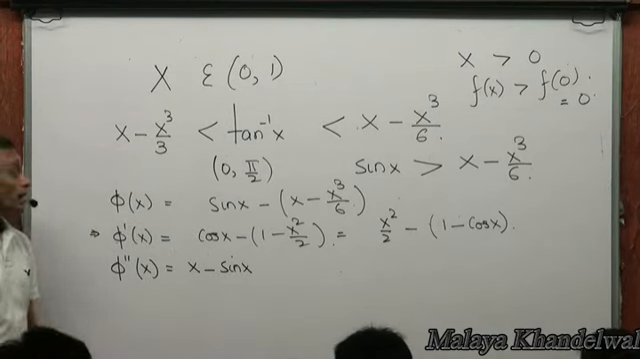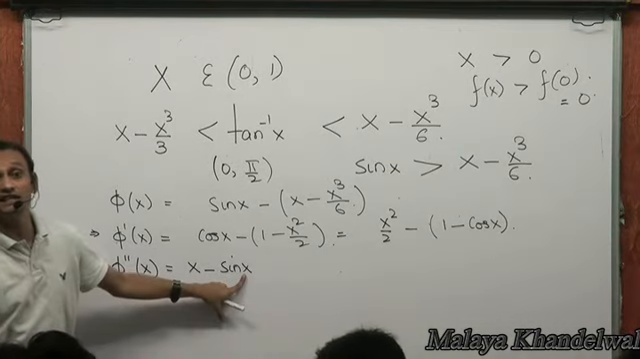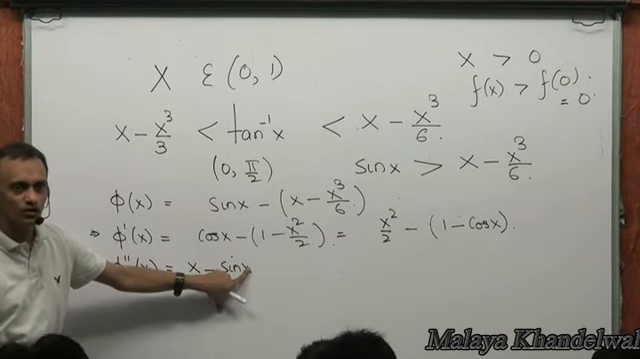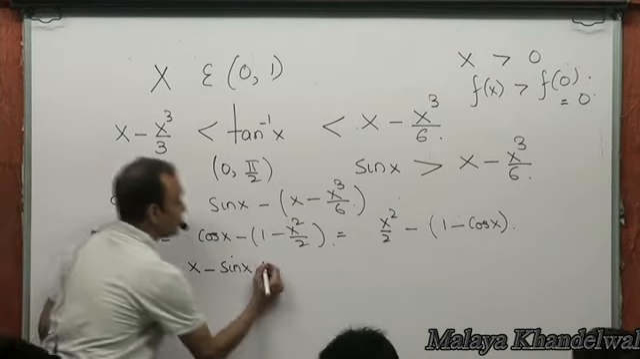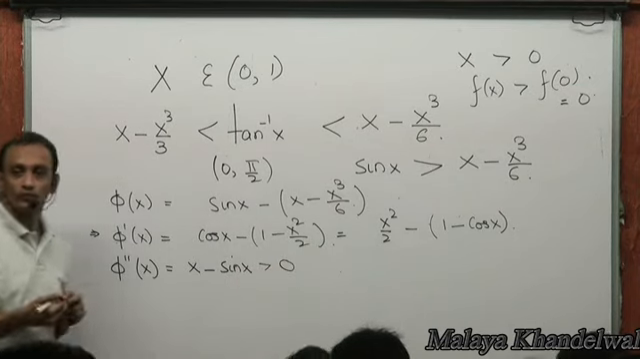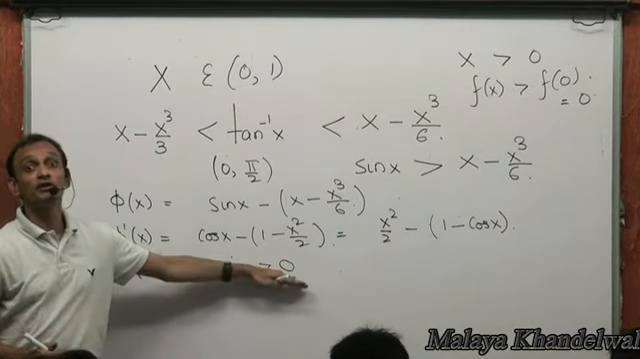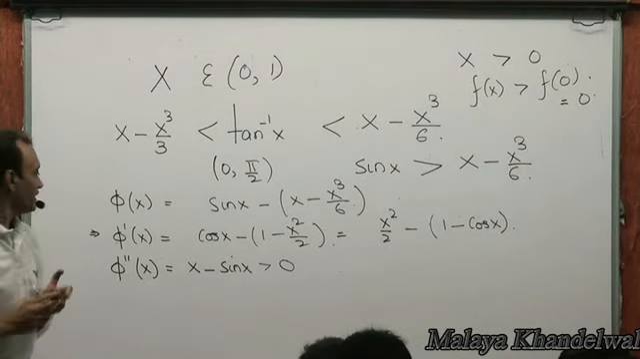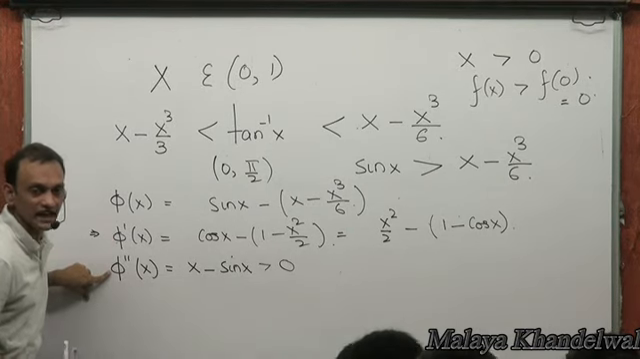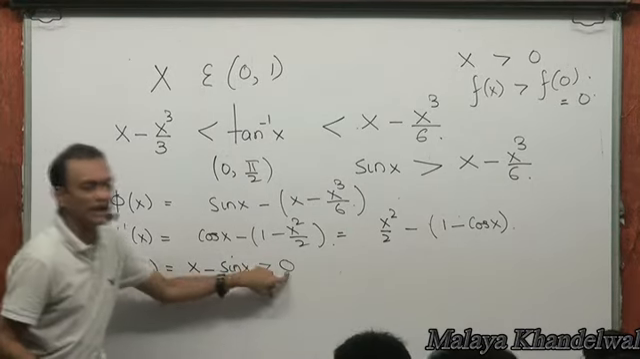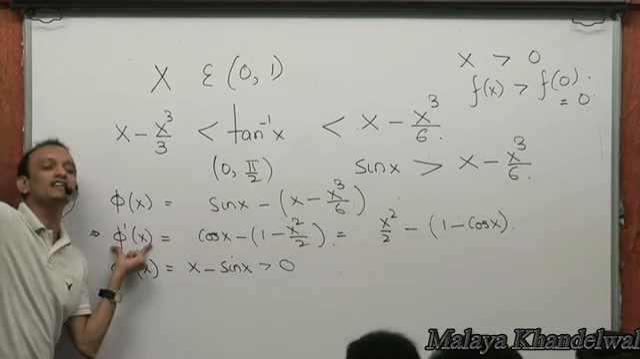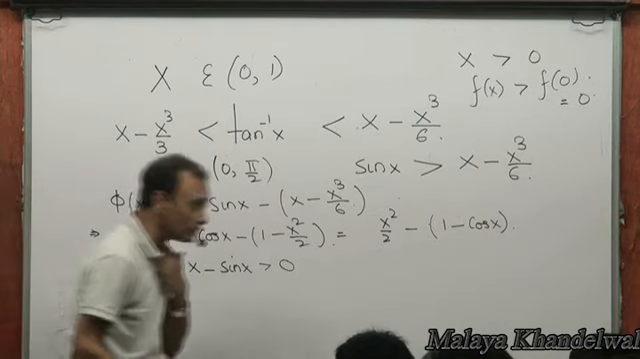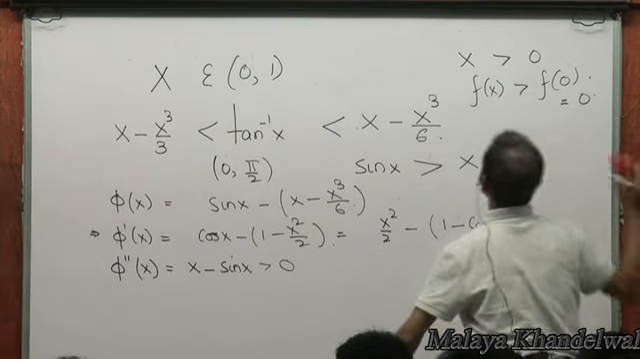x minus sin x. But we've proved that x is greater than sin x in the interval 0 to pi by 2. So this is greater than 0. If phi double dashed x is positive, that means phi dashed x must be an increasing function of x. Yes or no? This is a certain function and this is its derivative. If the derivative is greater than 0, then this function must be an increasing function of x. Phi dashed x itself must be an increasing function of x, which means